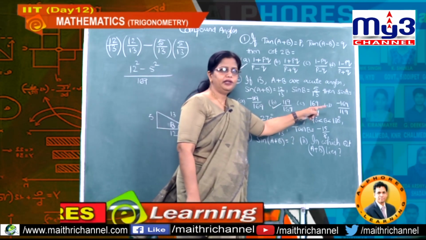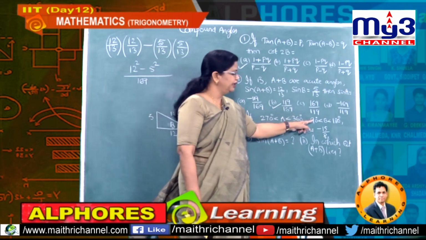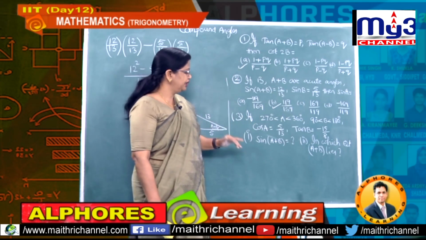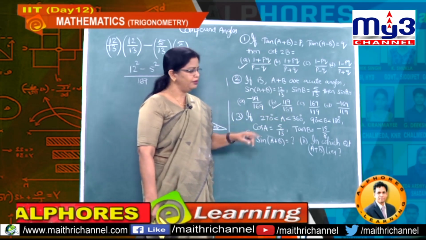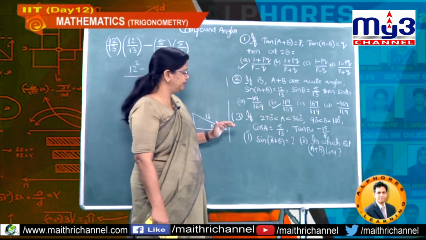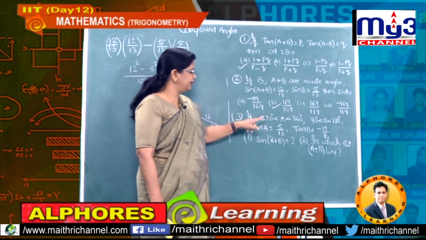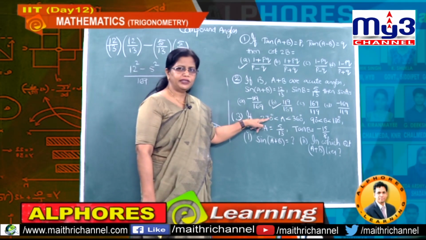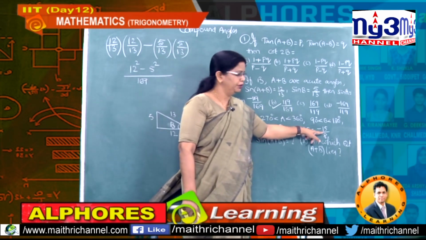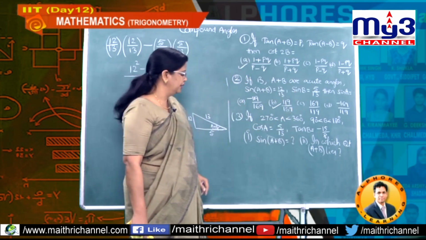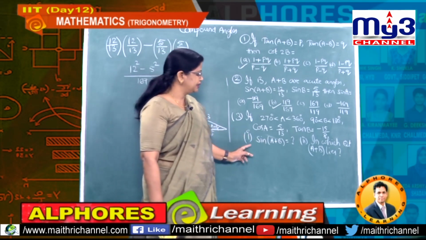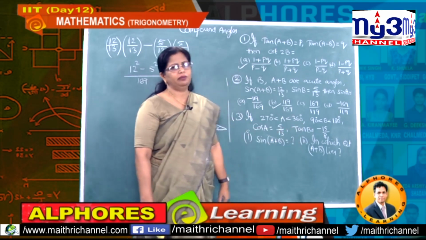And the next one is 90 to 180 degrees. In which quadrant does 90 to 180 fall? It is the second quadrant. So we decided now A belongs to the fourth quadrant and B belongs to the second quadrant. So that information we got. Then they gave separately cos value positive because A is falling in the fourth quadrant, and they gave tan value negative because B is in the second quadrant. Now they are asking, the first question is what is sine of A plus B and the second question is in which quadrant A plus B lies.